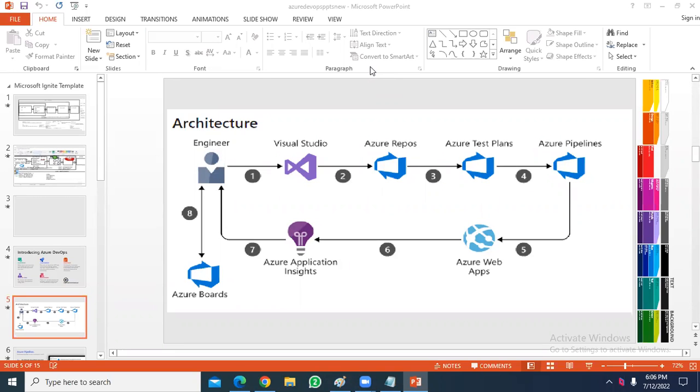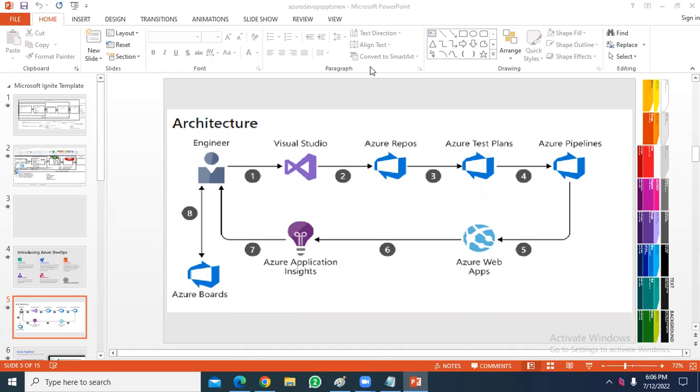DevOps contains Docker, Kubernetes, all these things, right, sir? Is there any basic knowledge required to understand Azure DevOps? No, no basic knowledge is required for Docker, Kubernetes, and Azure DevOps, because we don't write any coding here. We are going to write small Docker file instructions, like the FROM instruction, in a simple way. You don't need to learn all those things. Okay, thank you, sir.